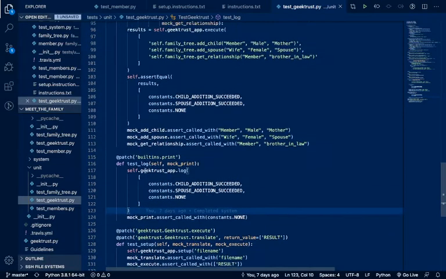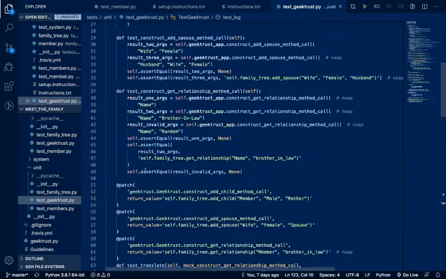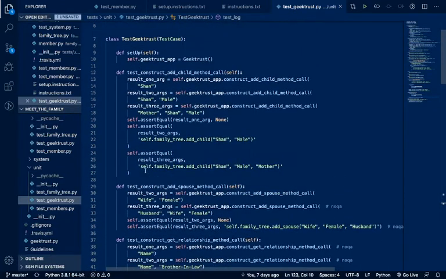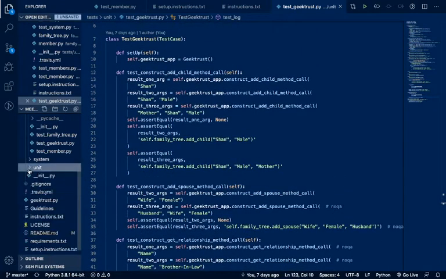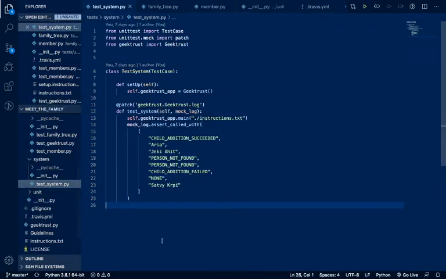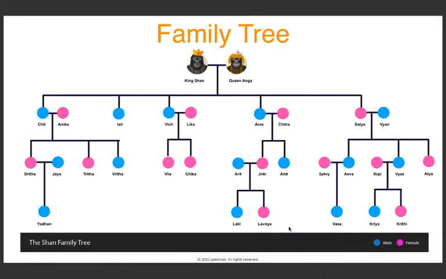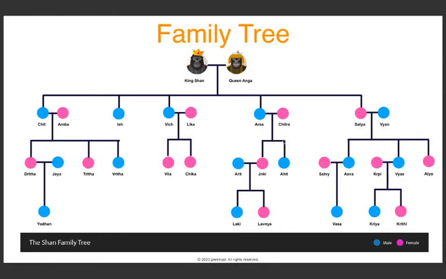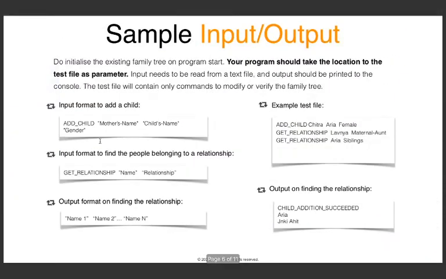Okay, so now that we have done our integration and our unit tests completely, it's time to finally create our system test. So what do we do in our system test? Well, we are going to pass in all of these commands that we have over here.